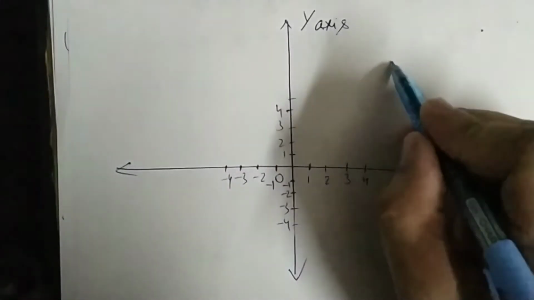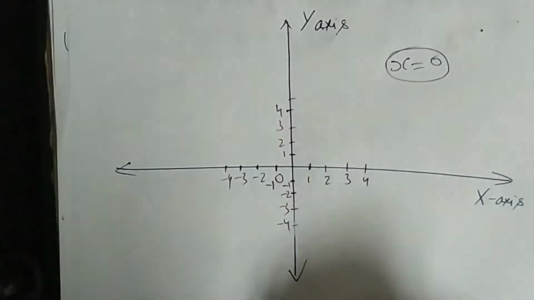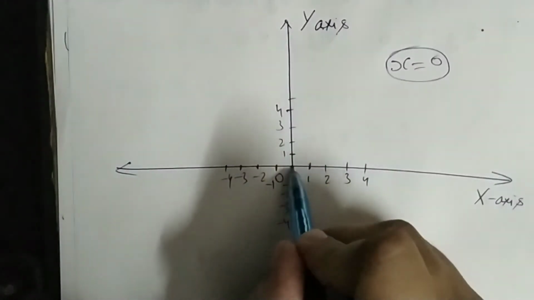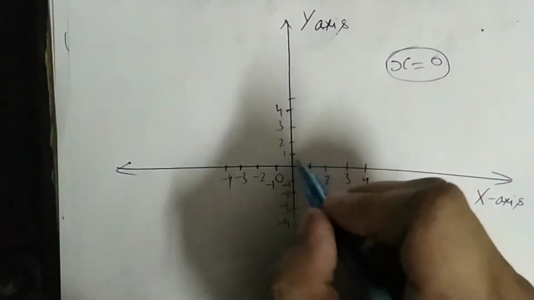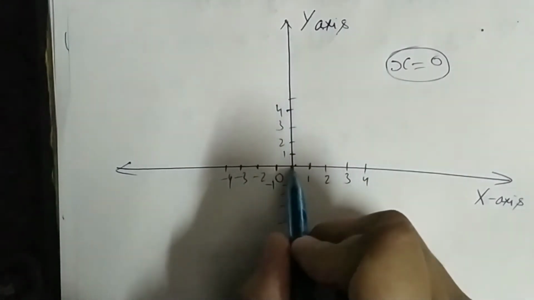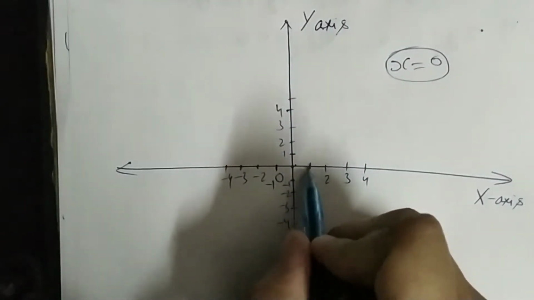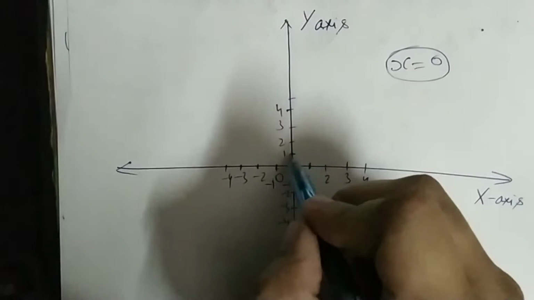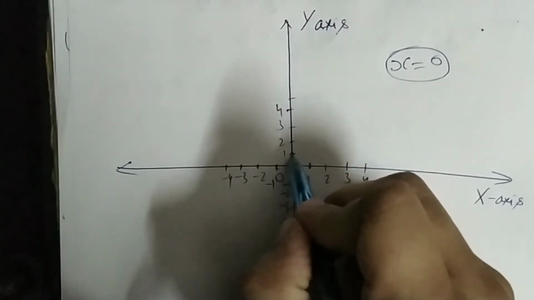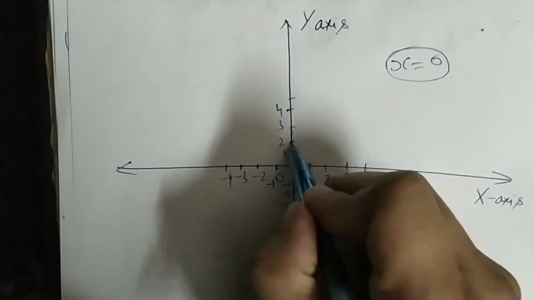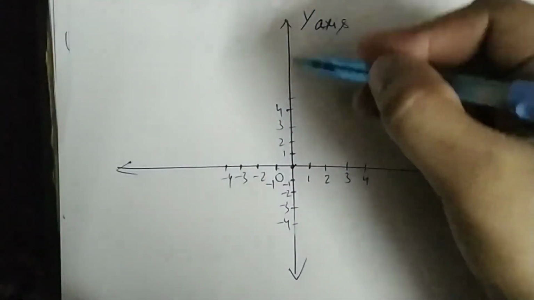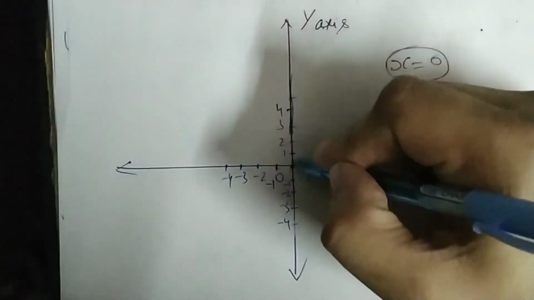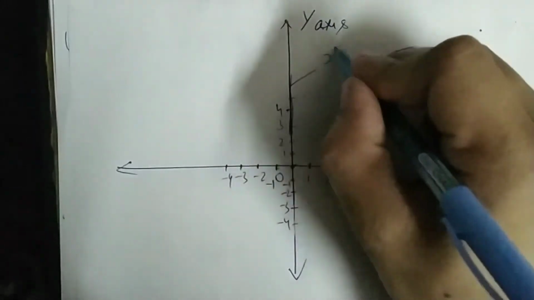These all are coordinate axes. Now for example, we have to plot x equal to 0. So this is some line x equal to 0. Now check where the value of x is equal to 0. Here both values are 0, x is also 0, y is also 0. So here x is always 0. But as I move this side, this is x equal to 1 and this side x equal to minus 1. So this is the only point on the x-axis where x is equal to 0. Now look here, what is this point? This is 0, 1. Here also x is 0. In the whole y-axis, x is always equal to 0. So the required line x equal to 0 is this line only. So the y-axis is also known as x equal to 0.